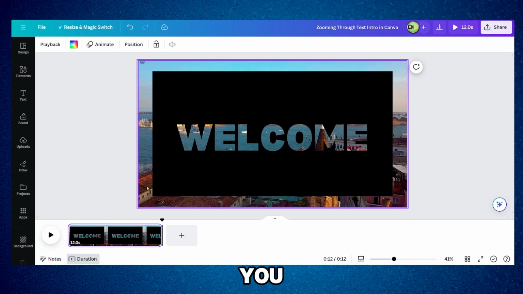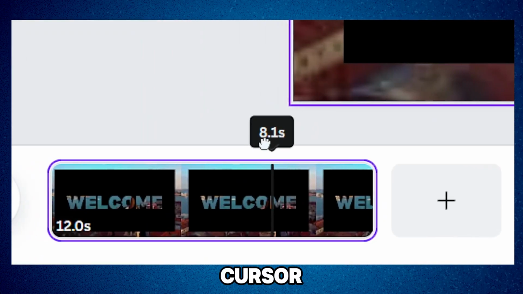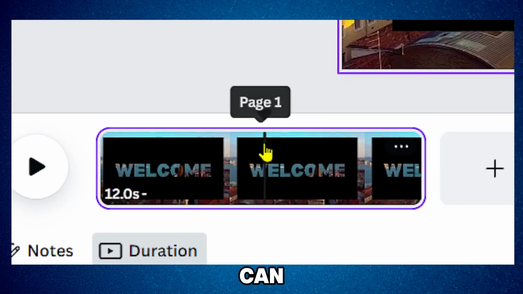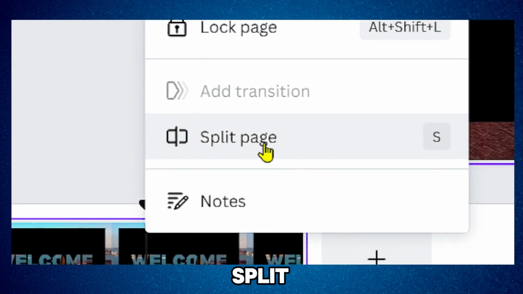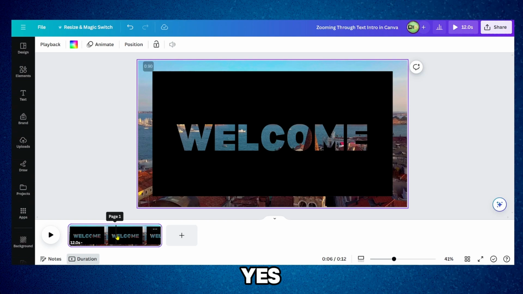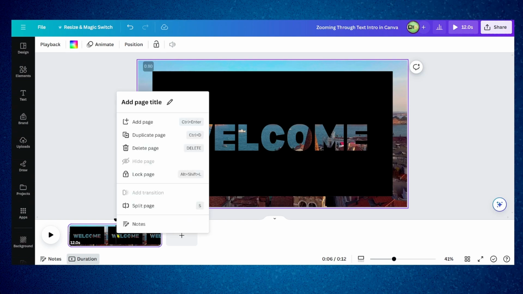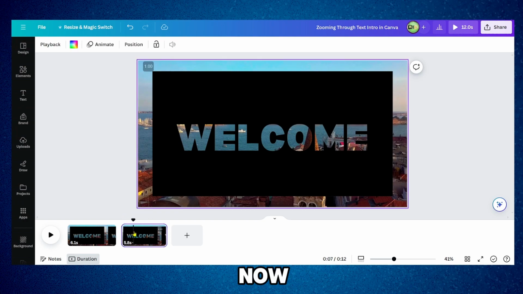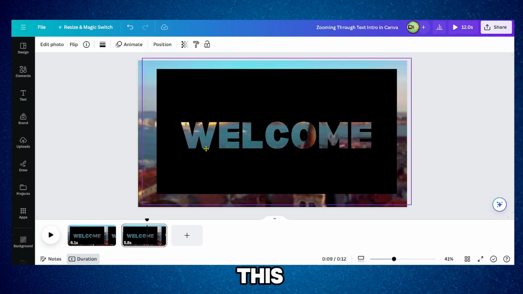It's up to you. So what we're gonna have to do right now is, let's first split this. So we're gonna grab this cursor and move it right in the middle, and then we can right click and click on split page, or use S. Usually that's the shortcut I'm using, S. So click on split page, and now on this second page we can grab this